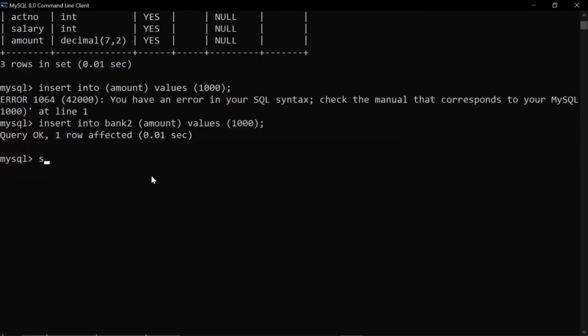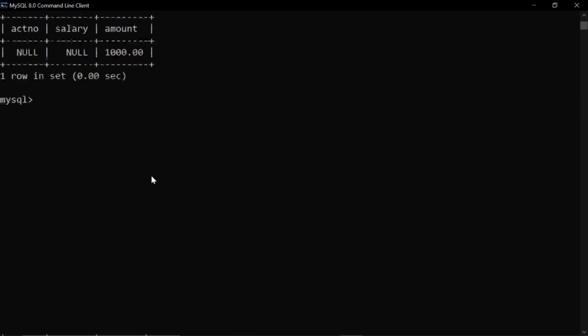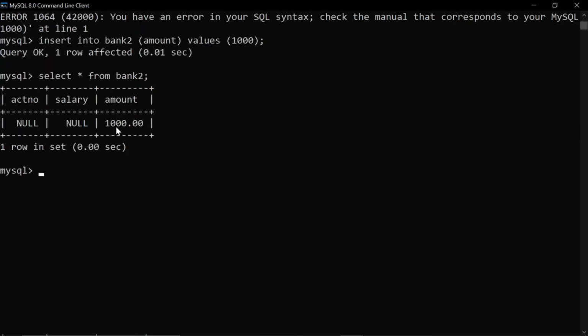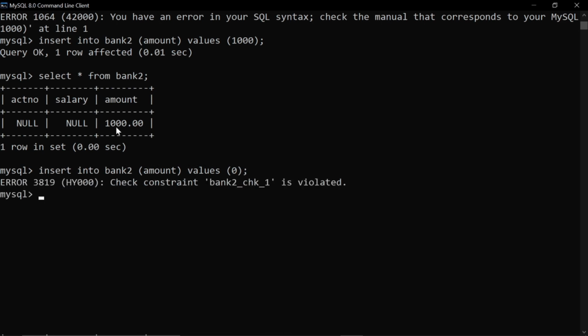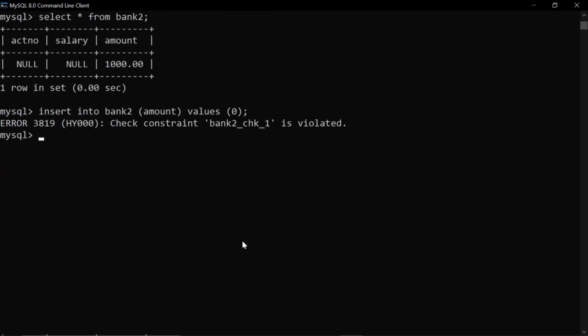So here you can see that my amount has been inserted successfully. And now suppose I insert my value that is 0. So here it is giving us an error that the check constraint is violated, means the constraint which you have used is violated, your condition is not being satisfied. So this is how the check constraint is used.